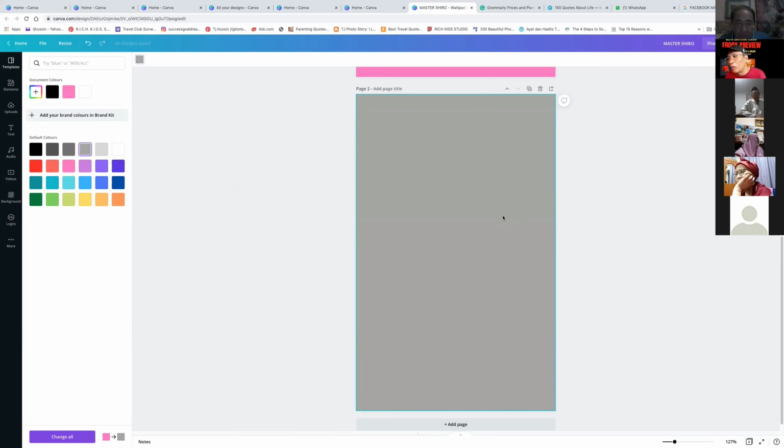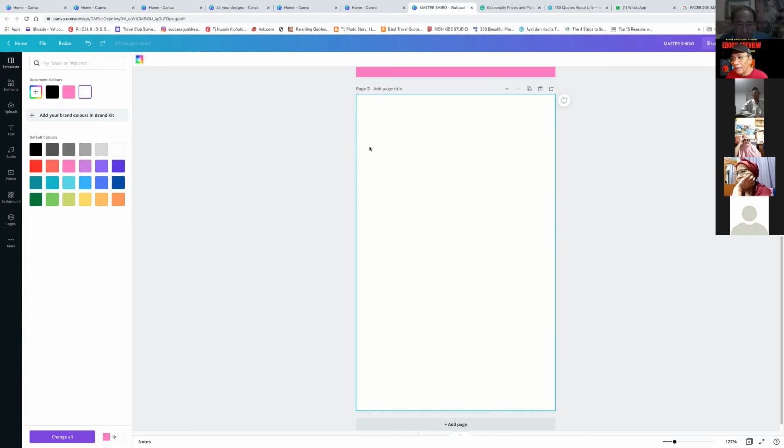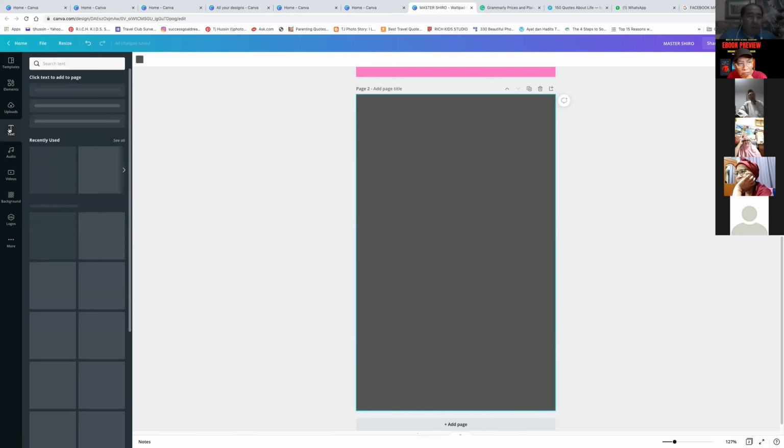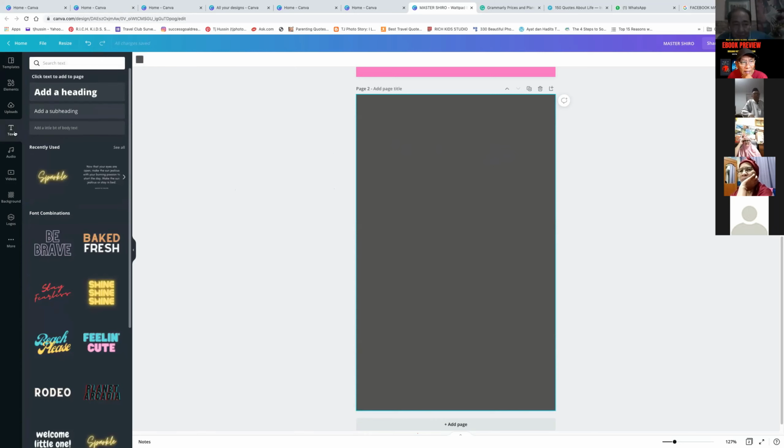My second page, I want to use grey color. Example, I choose grey. If I want to put white, I can put white. If I want to use darker grey, I can put darker grey. Now you see, I teach the same way. I click heading, I click text, I put heading. Now I put here as my